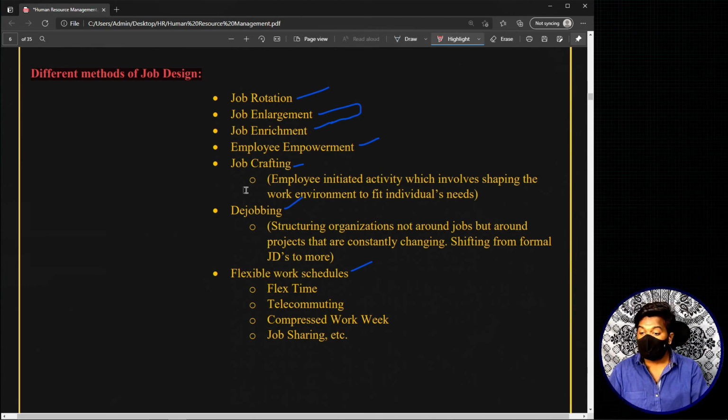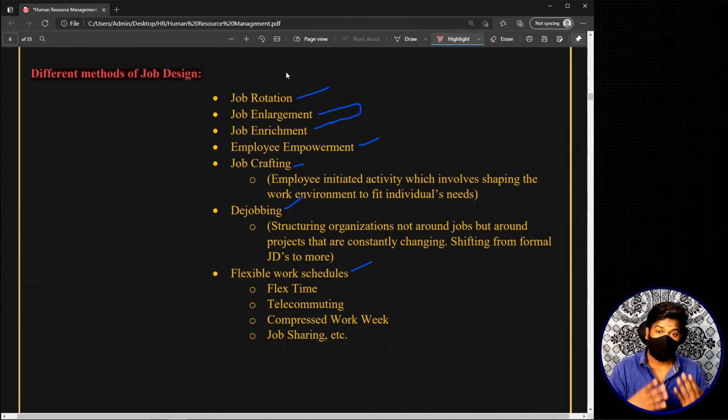So the first one, job rotation. Now, what do you mean by job rotation? In simple terms, job rotation means rotating a person between different jobs which are similar in nature. I can't take an operations manager and keep him in the role of a marketing manager, or in the role of a CEO, and say that this is job rotation. No, job rotation is rotating the person who is performing the job through a series of, or it may be a single or many, different jobs. Basically it is a method where you shift this particular employee to different jobs which are similar in nature.